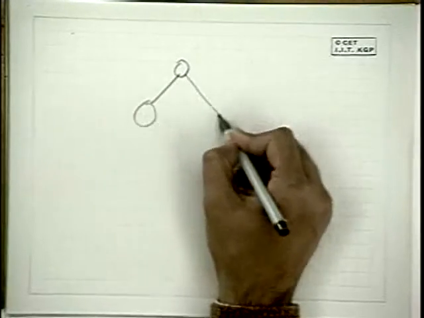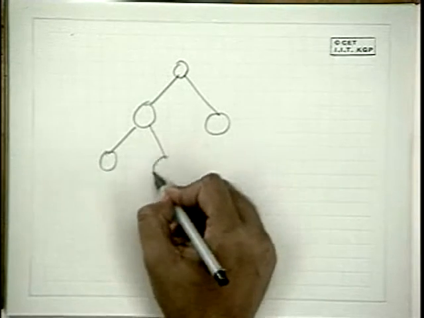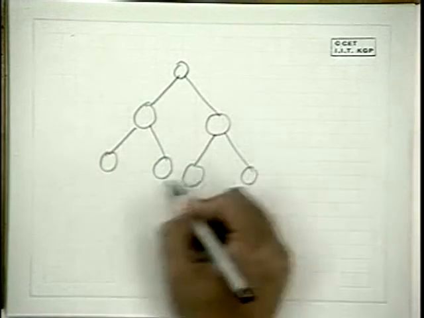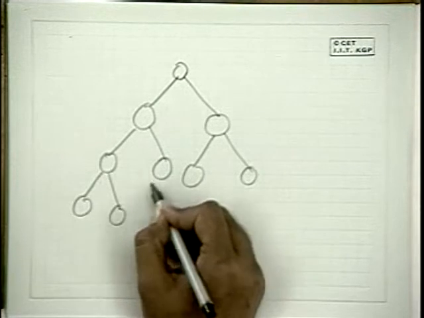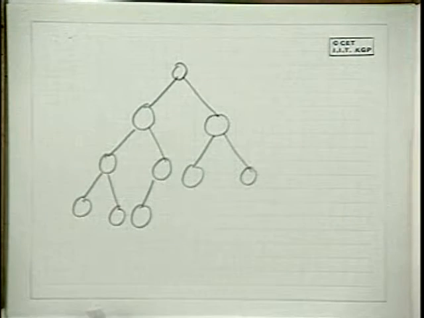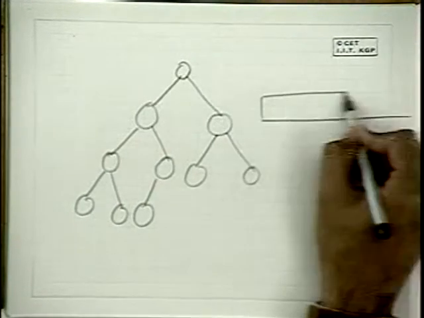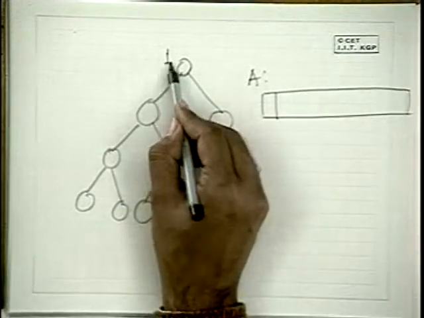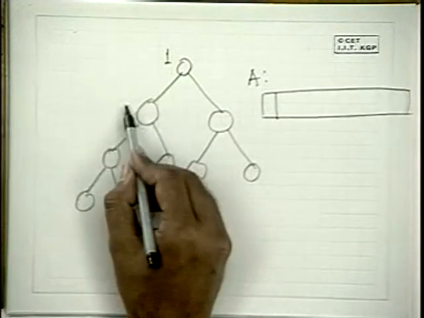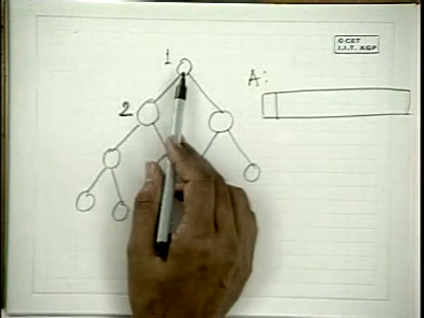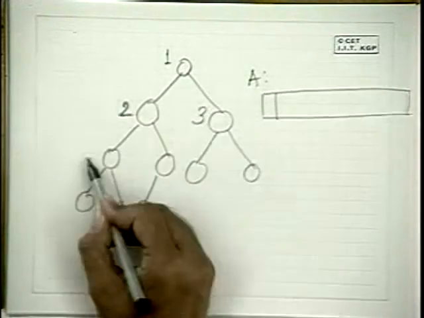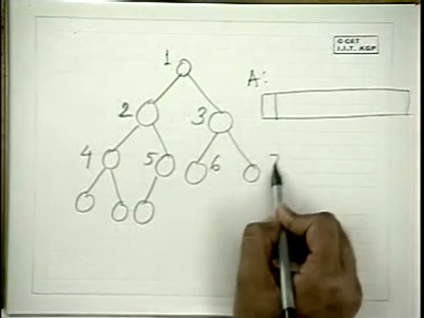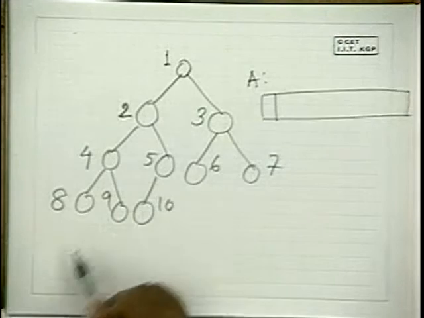It is very easy to access the children of a node, and very easy to access the parent of a node. So let me take an example. Say this is one. Suppose this is a complete binary tree. How do we index it in an array A? So this is the array A. This is the root, index 1. So this will be 2. Basically indexing will be from left to right in each level: 1, 2, 3, 4, 5, 6, 7, 8, 9, 10.